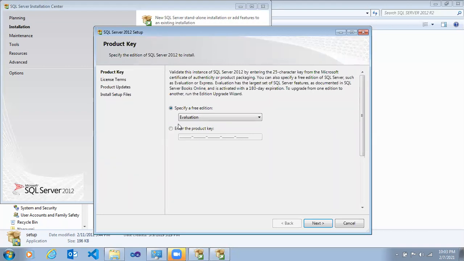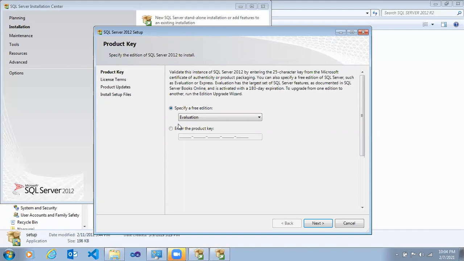After 1 year, we need to uninstall the existing SQL Server and install a new one. If you have a product key, we need not reinstall after 1 year. We can continue with a one-time installation.